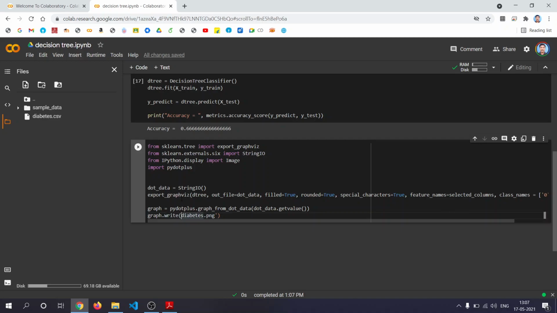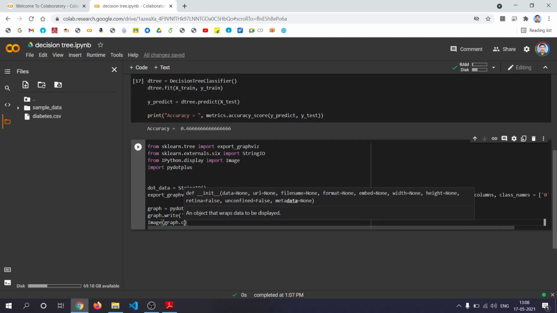Let's write it as a picture. Now you show using the Image function, Image(graph.create_png()).